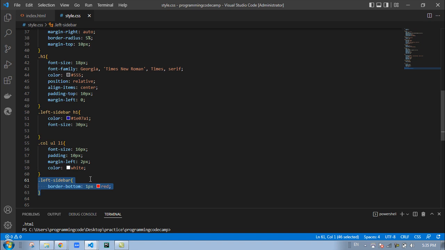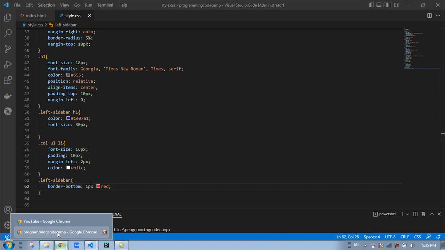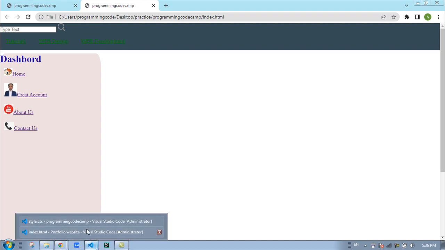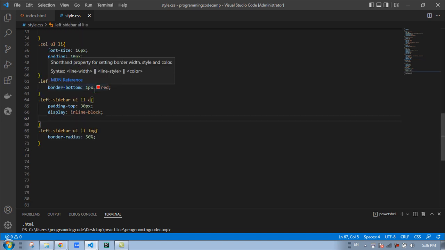And we can put another quote as left sidebar. Border bottom should be a red color, 1 pixel. We are going to make this border bottom for this one. If we save the program and refresh the program, we can see the change. So now we should change the radius color. We come to the CSS file. For this one we have got this radius, and this left sidebar border bottom should be red, and left sidebar UL LI we have got padding top should be 30 pixel,